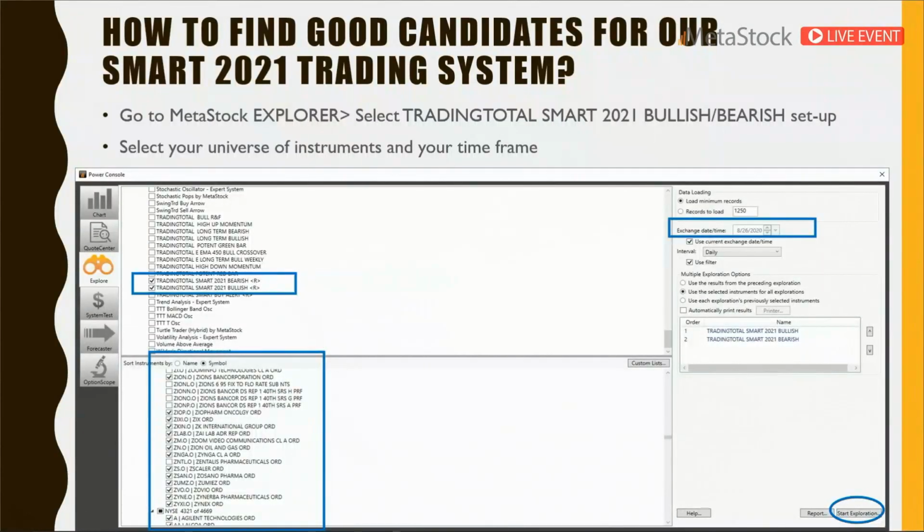So let me move to the next slide. This is slide 41, right? This is the final topic to be addressed today. We have to talk about how to find and select the best candidates to be traded after applying our SMART 2021 system. Metastock comes with an extraordinary capability, the Explorer functionality, and here are the steps to set the exploration,